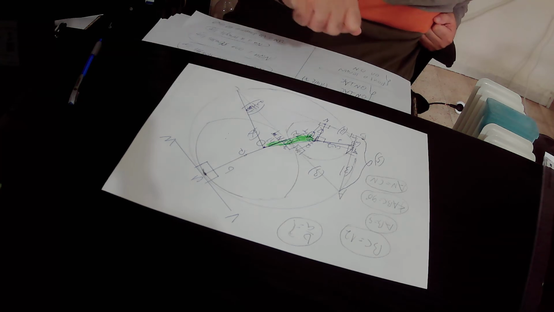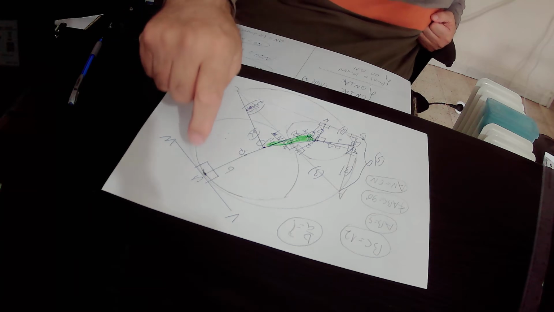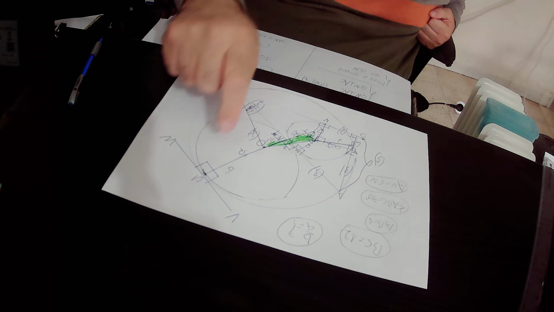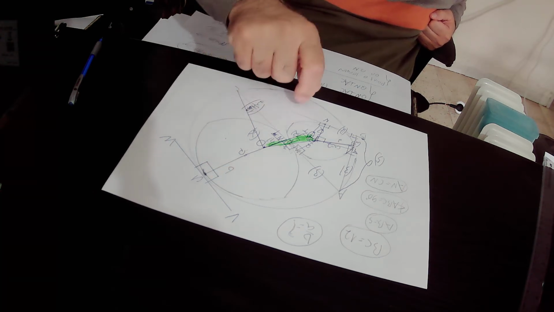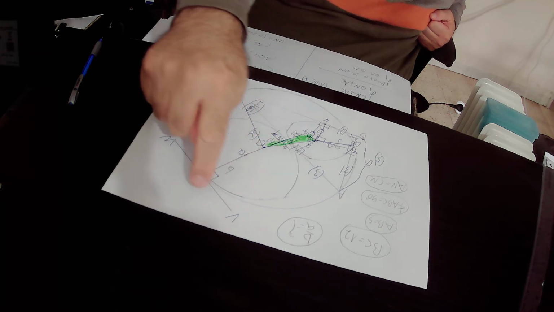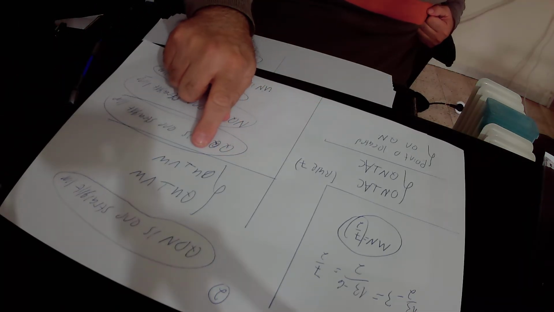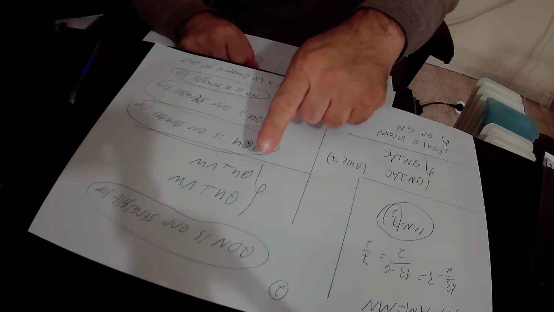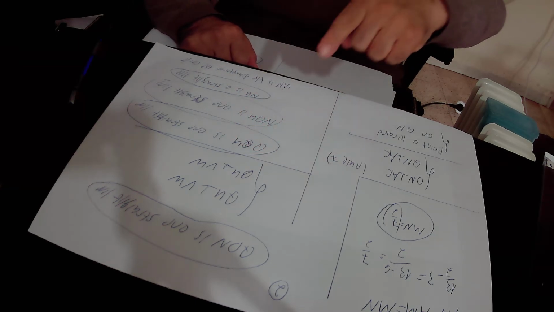And whenever you have a radius that is drawn to the point of tangency, then tangent VW will be perpendicular to the radius UO. That is to say, this angle equals 90 degrees, this angle equals 90 degrees. So we found out that the radius OU is also perpendicular to the tangent VW. So we can write here that the radius OU is also perpendicular to VW. And from those two equations, QU is perpendicular to VW and OU is perpendicular to VW, we will derive that